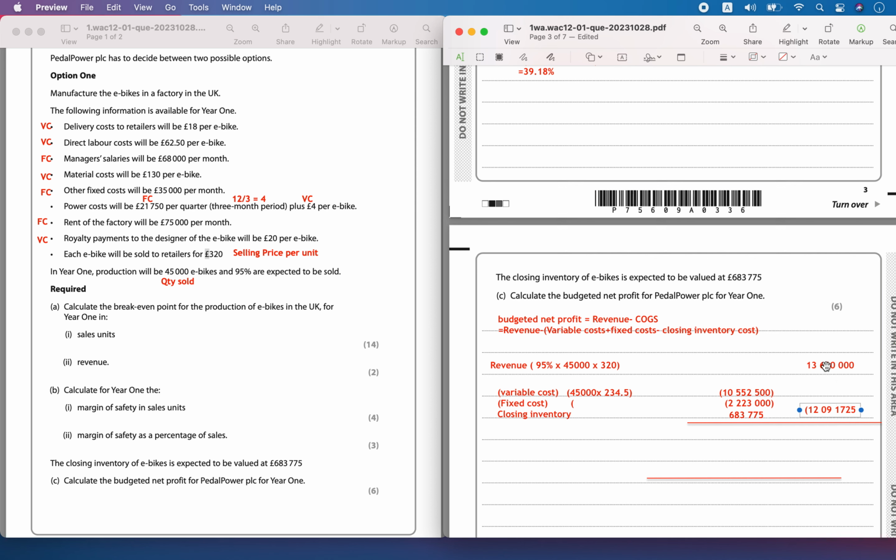Now we know the revenue was around this much, and the cost of the goods sold was this much. You subtract and then you will get a profit. So this is the budgeted profit. Budgeted profit is equal to 13,680,000 minus 12,091,725. So the profit is going to be equal to 1,558,275. Now this is the budgeted profit because we are taking the forecasted revenue that is to happen in the